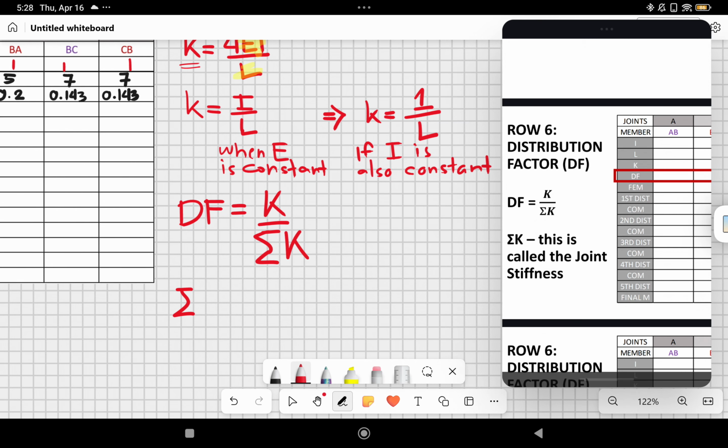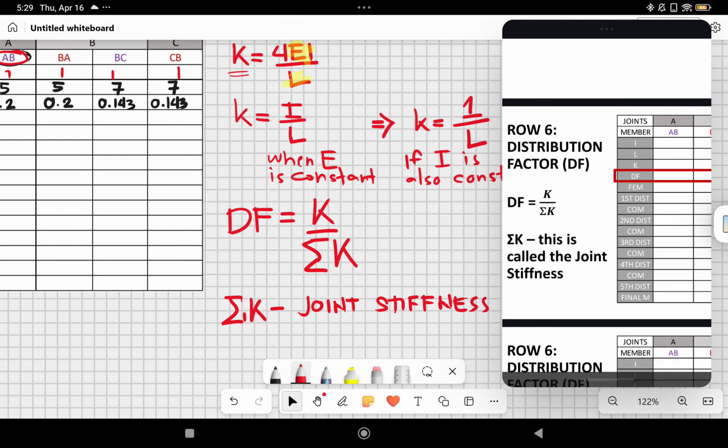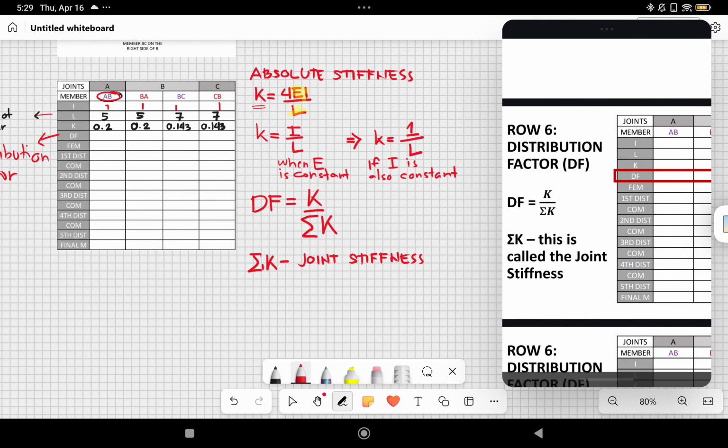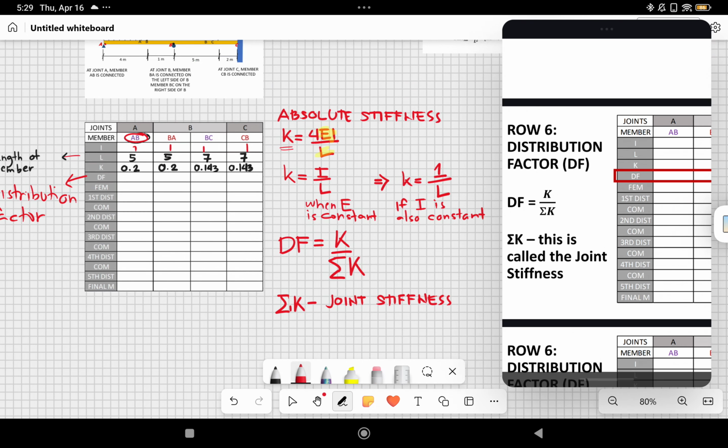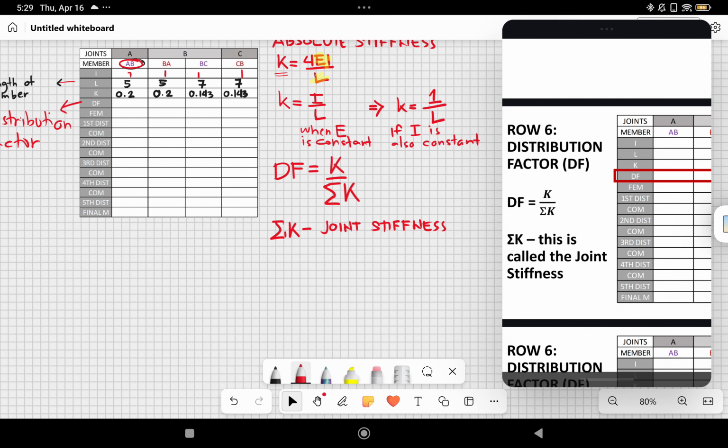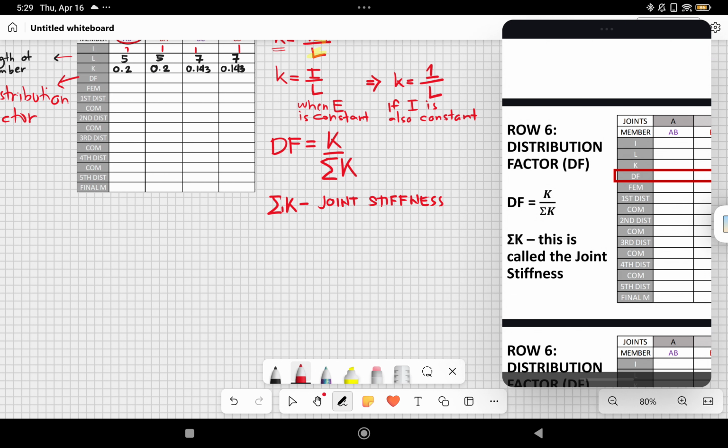Summation of K, if K is member stiffness, summation K is often called the joint stiffness, or gaano ka-stiff yung isang joint or yung connection point. Okay, so the joint stiffness is dependent on the things that are connected with it. So an example of that is,